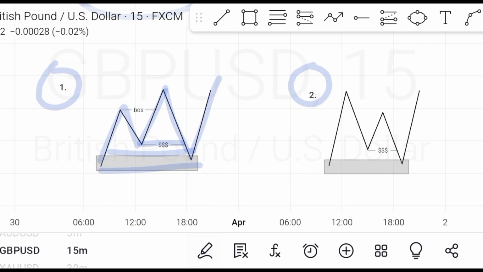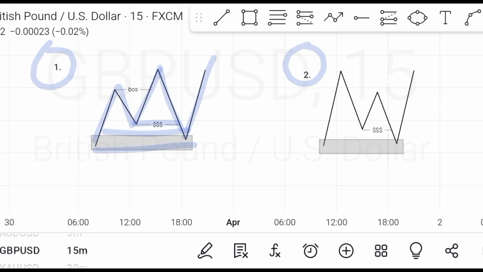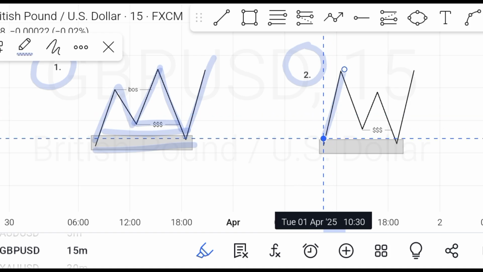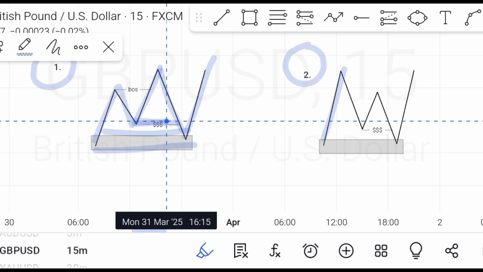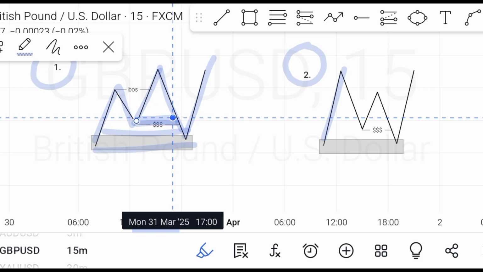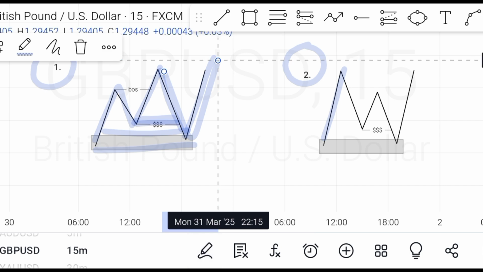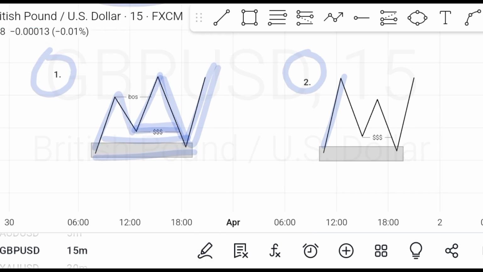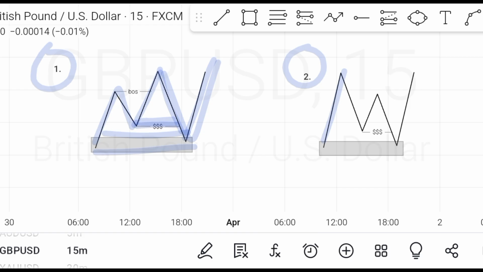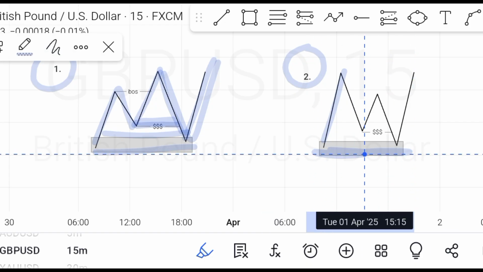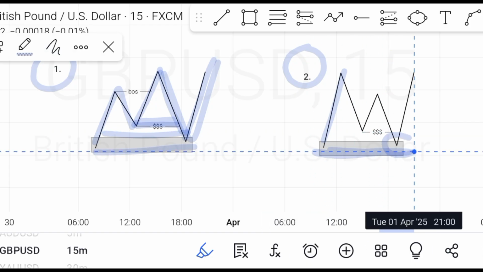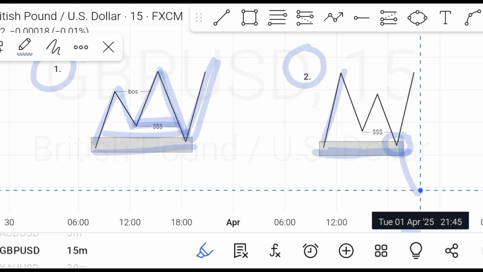Then we have another one, where price doesn't give available liquidity on this side. As you can see, we have a low here on this side that price can take out as liquidity before hitting the POI in type 1 and heading to the upside. But on this side we don't have liquidity, like we don't have a low that price can take out. So we have two options right here. Either price takes out this previous low, which a lot of traders see as a buy, and hits all their stop losses, or